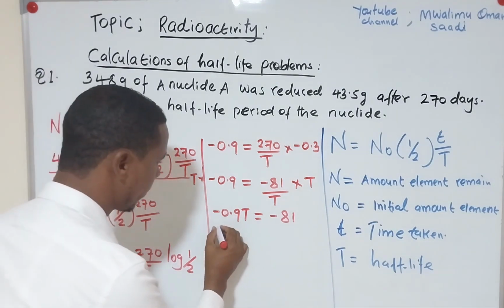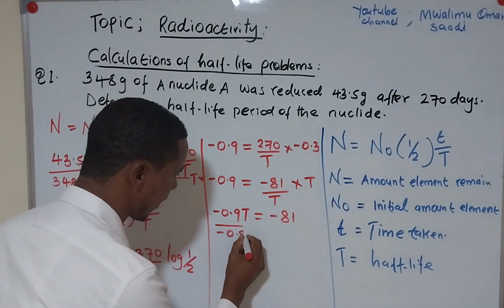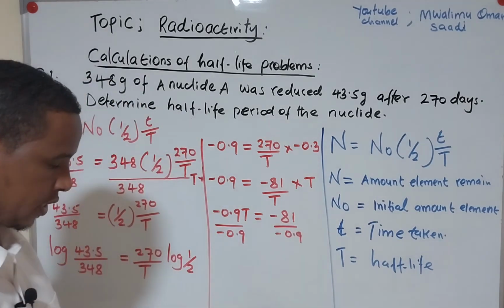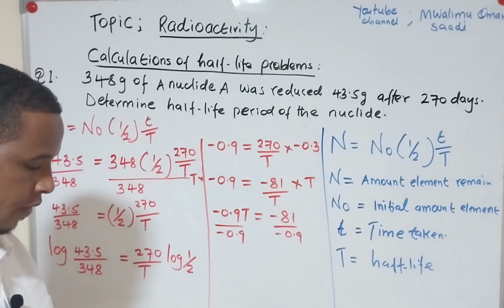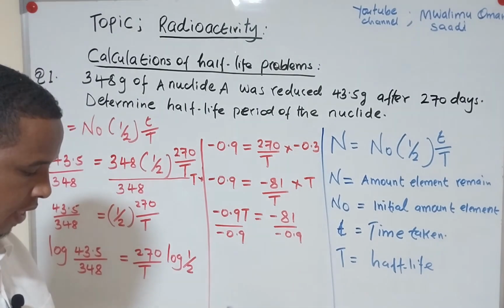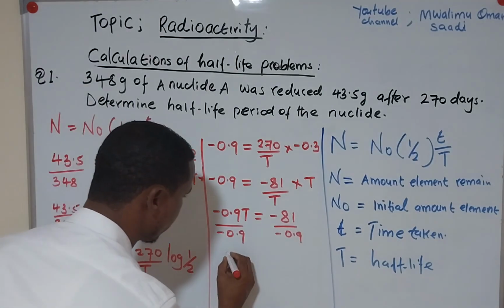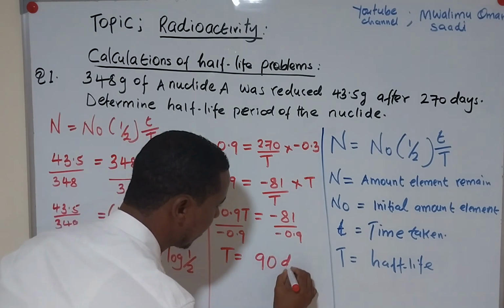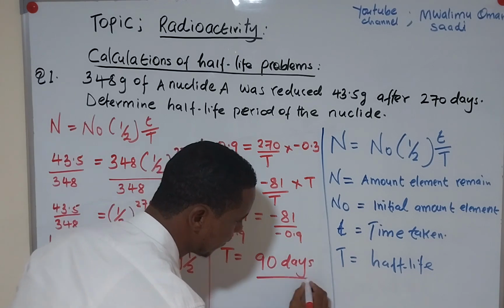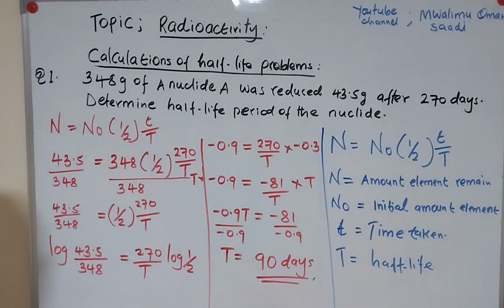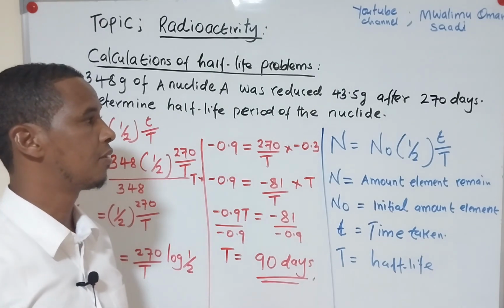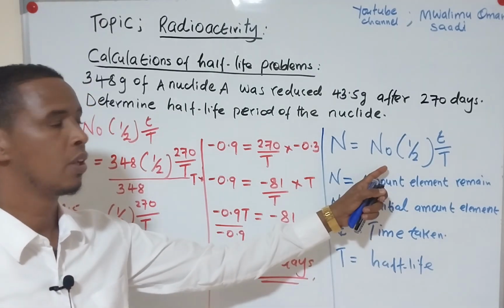To get T, we divide by negative 0.9. Negative will go with negative, so that will be 81 divided by 0.9. So capital T is equal to 90 days. So that is the half-life of the nucleide, and that is how we calculate half-life questions. We just use the equation